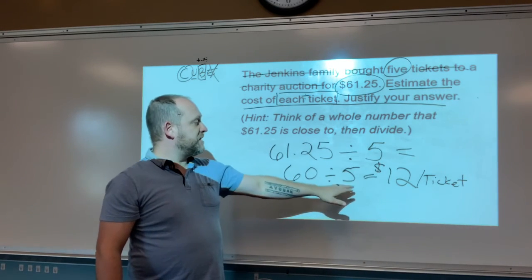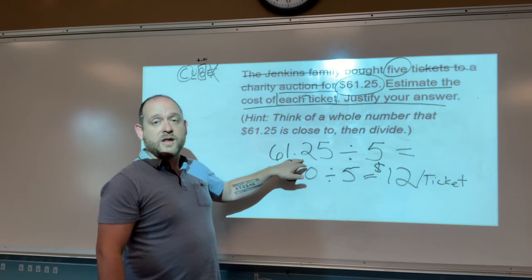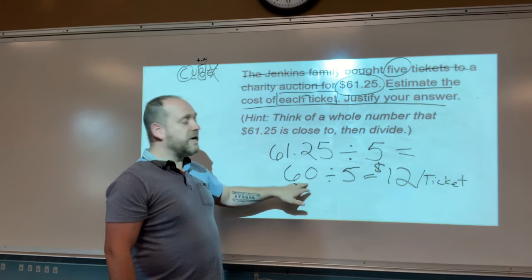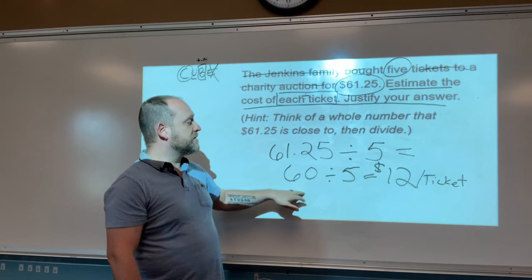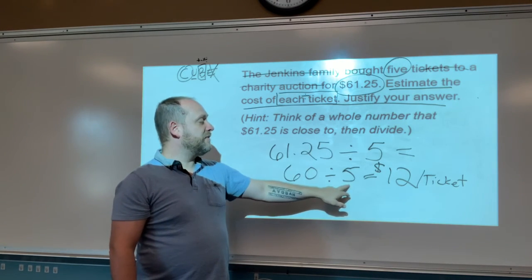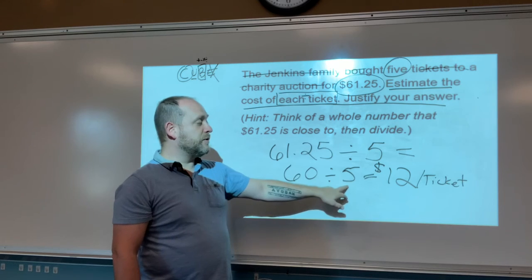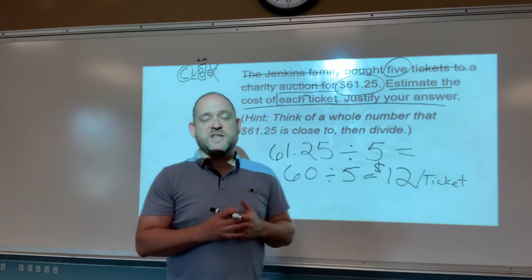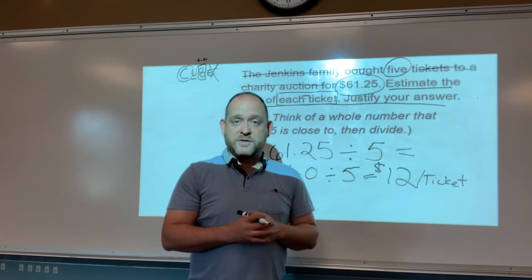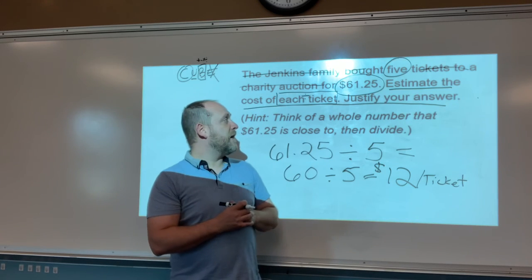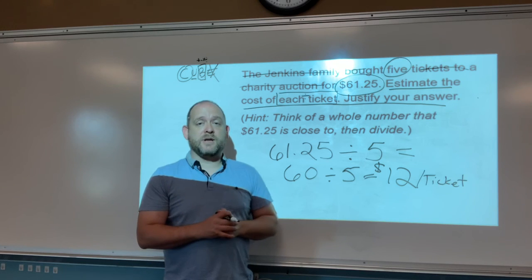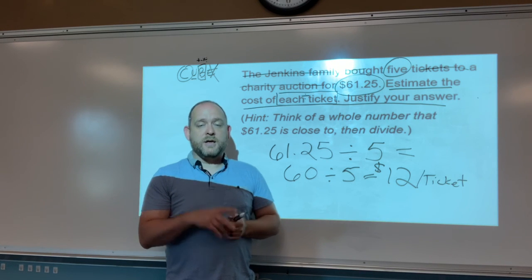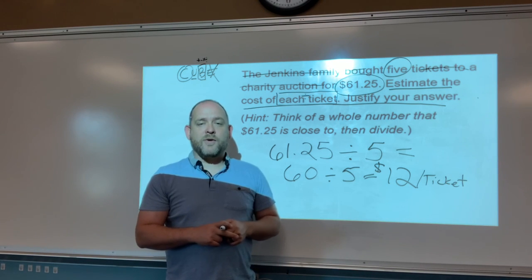Well, I could justify it by saying $61.25 is fairly close or almost $60. Is a little more than $60. And I know that $60 divided into 5 equal groups will give me $12 per ticket. That way I know that $12 is a good estimate on the price of each ticket. Ladies and gents, that's the kind of thing we're going to have to be going through and doing today. Try the next 2 problems, and then we'll move on to some practice